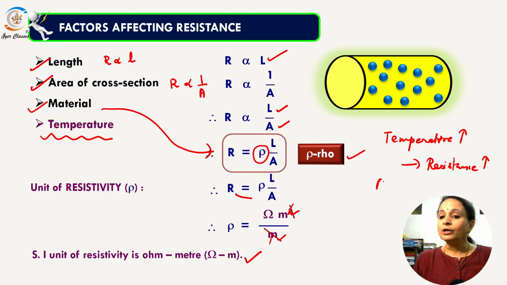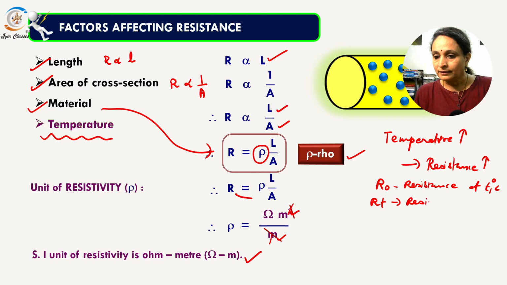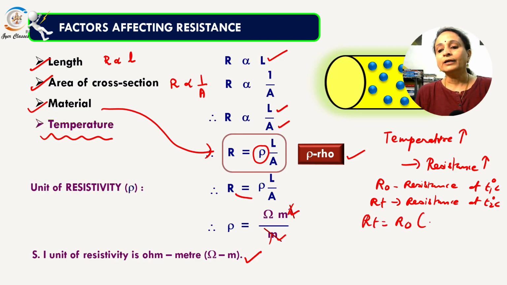Suppose R naught is the resistance at T1 degree centigrade and RT is the resistance at T2 degree centigrade, then RT is equal to R naught (1 plus alpha (T2 minus T1)), where alpha